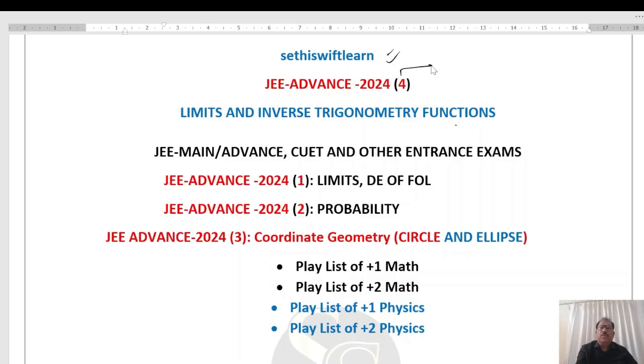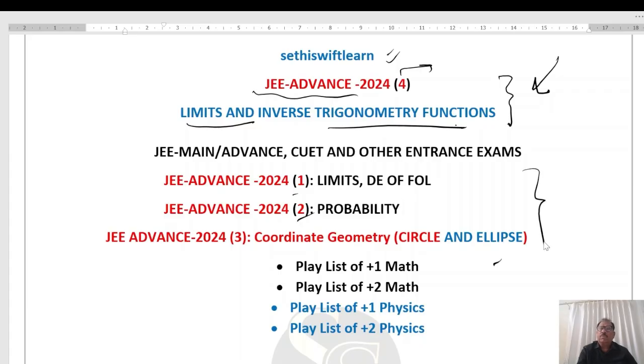In today's session 4 on JEE Advanced Paper Discussion 2024, basic concepts will be covered on the topics of limits and inverse trigonometric function by taking illustrations from JEE Advanced 2024. In earlier sessions, we have discussed session 1, session 2, session 3 on these topics, which you can review